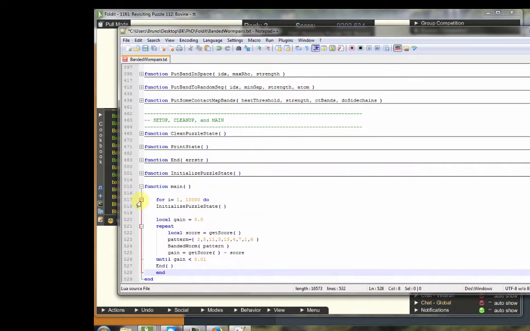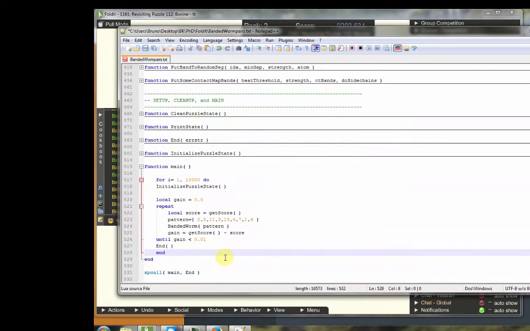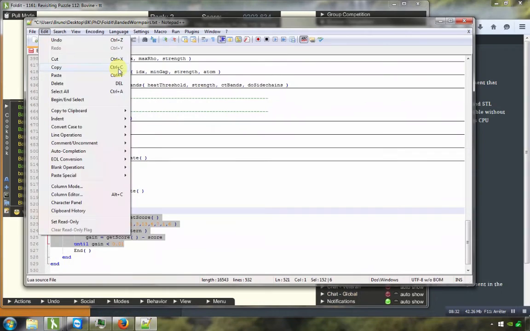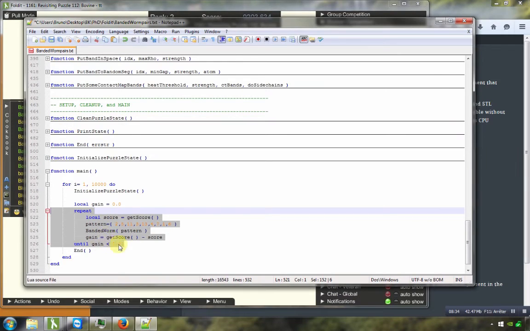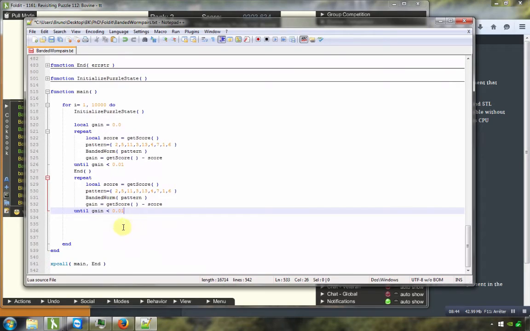Okay, now I will have to do something a little bit more elaborate, but I have my infinite loop. I only will select all this repeat until, copy, I put it a second time in my recipe, return, paste, it's here a second time, and I will only change the patterns here.